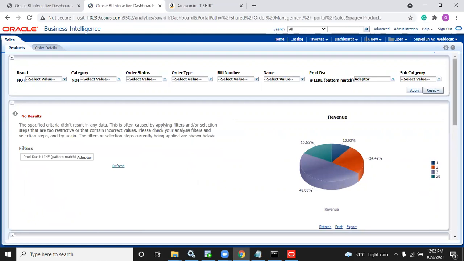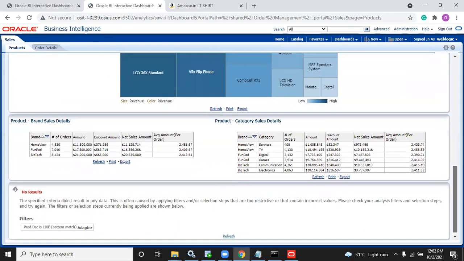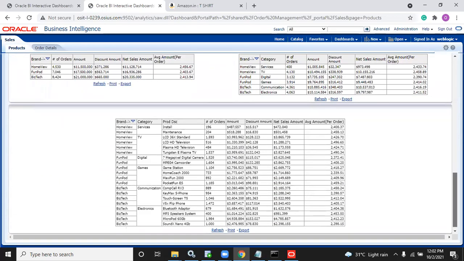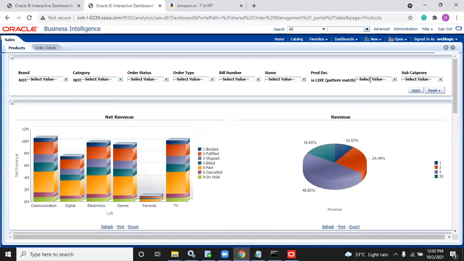there is no word called adapter. Okay. Yeah. Why? Let's see what products it is displaying. Television. Here we have a product called television. Megapixel camera. Let us write the word camera. Okay.